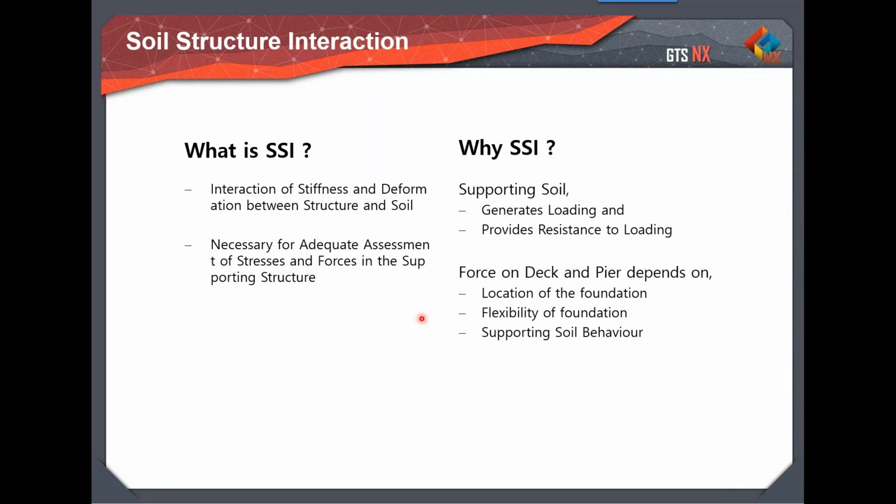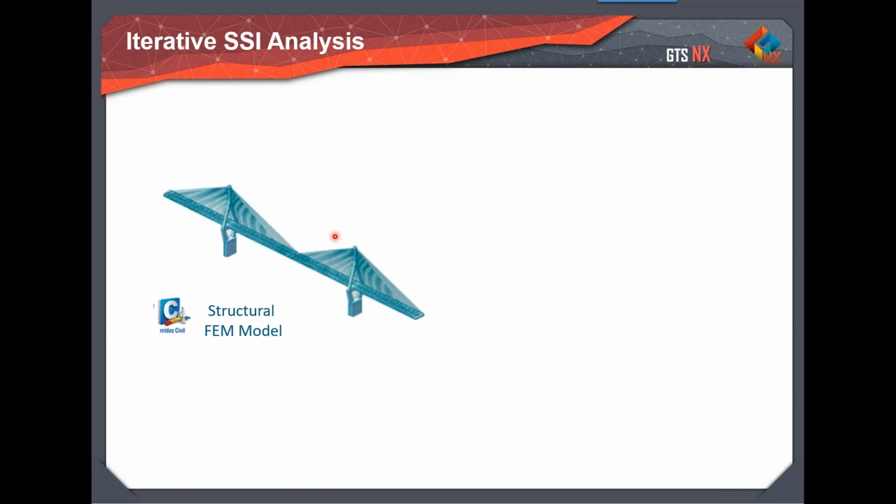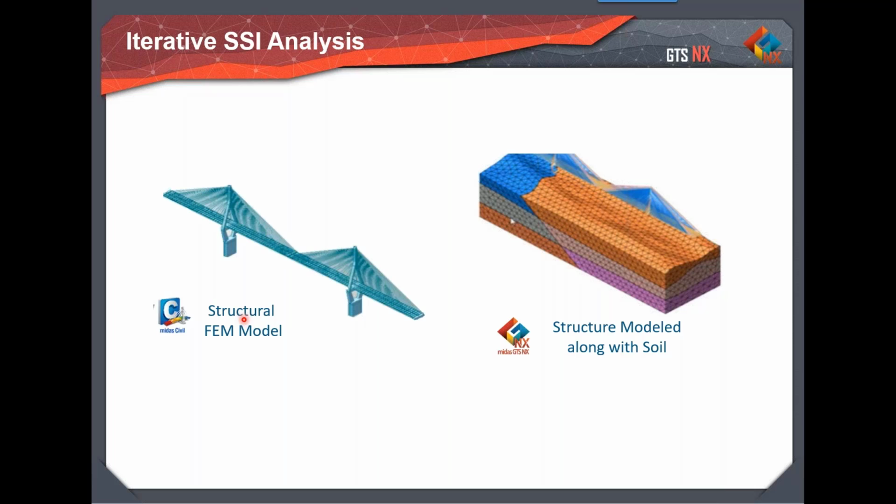So that entire thing has been made very easy using the interaction between GTS NX as well as structural tools. Suppose you have a bridge generated in Midas Civil. Your structural team is using Midas Civil, let's consider, and they have created a cable-stayed bridge as shown here. And now, as an engineer, we need to provide some spring data to it. So what you can do is, at first, ask the structural team to go for some analytical spring data inputs, or ask them to go for fixed supports, based on the interest. And then we can bring the entire model from Civil to GTS NX, and then we can model all the